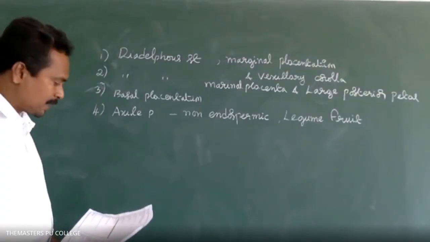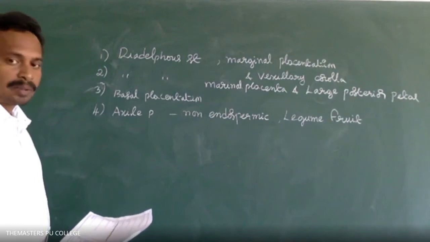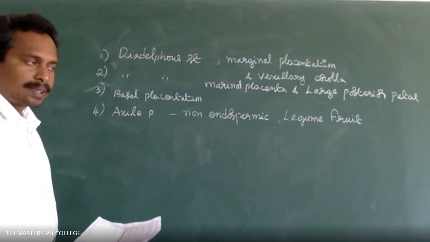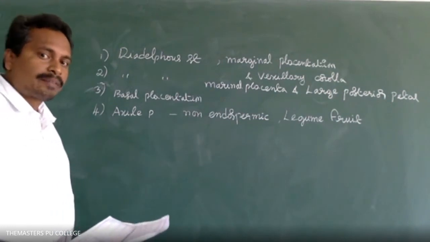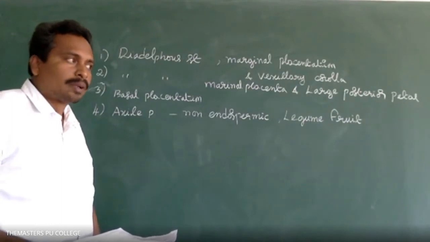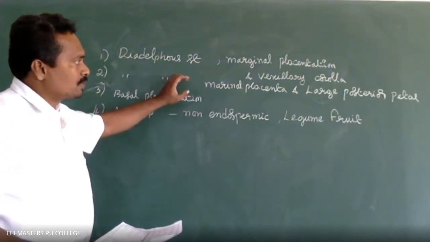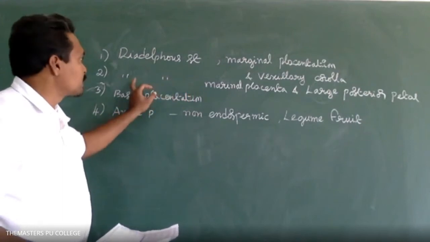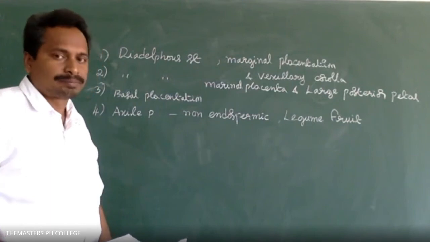Here, the posterior petal is mentioned. Among the 5 petals, one is large in size. The large petal is called the standard petal or vexillum. These are also correct, but among these two, first preference we have to give to the second option. The large posterior petal is mentioned. The first one is also correct.